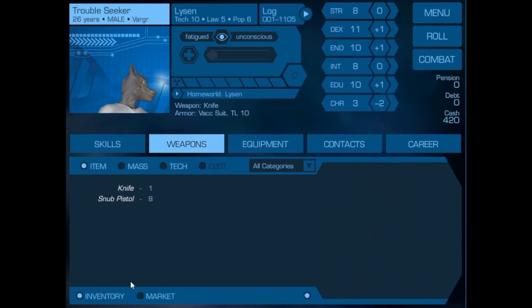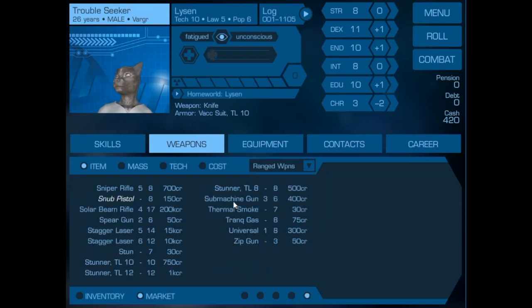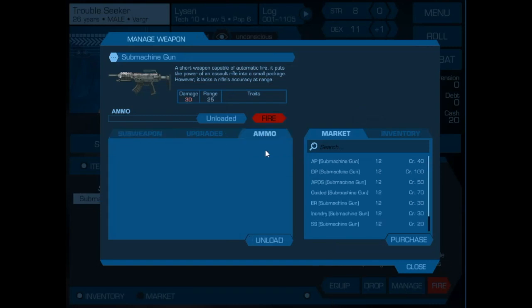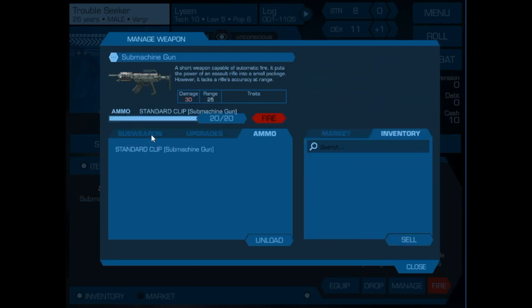And since we're going to go fight pirates, we should get something better than a stun pistol. So we'll go and buy ourselves a submachine gun. And we go and manage that, and let's put some ammunition in it. And we'll just buy the standard ammunition and load it. Now,